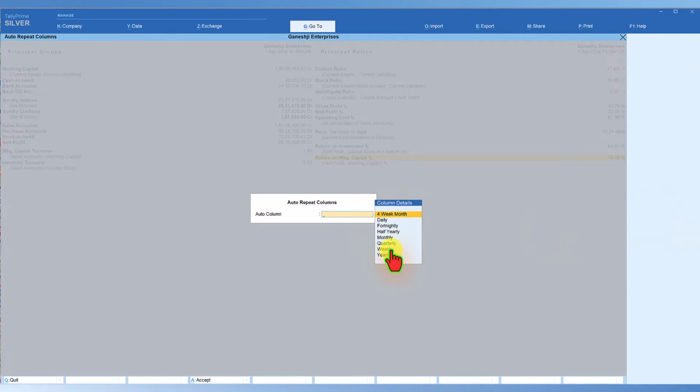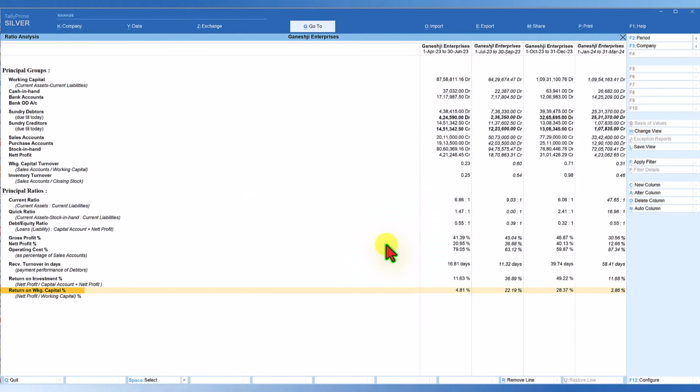So we have this periodicity we understood in our previous sessions. So we can select quarterly, enter, and now Tally is going to break up the ratio analysis information of your principal group and principal ratio quarter wise, which again is going to help the business owners to see their operational performance quarter on quarter. So if you see here, the net profit is varying quarter on quarter. Principal group information and your principal ratio is computed for each of the quarters for you to do a comparative